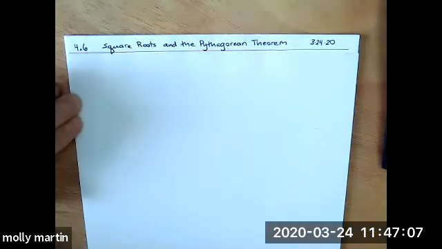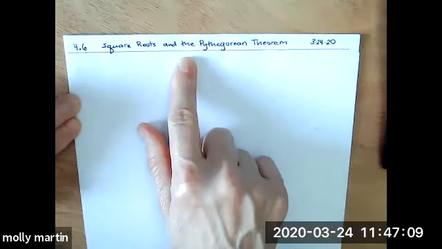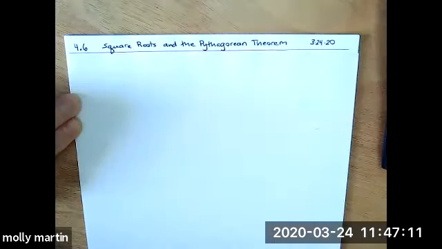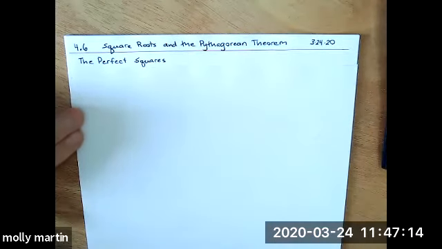Section 4.6, square root and the Pythagorean theorem. So first, it is handy to know the perfect squares. The perfect squares are